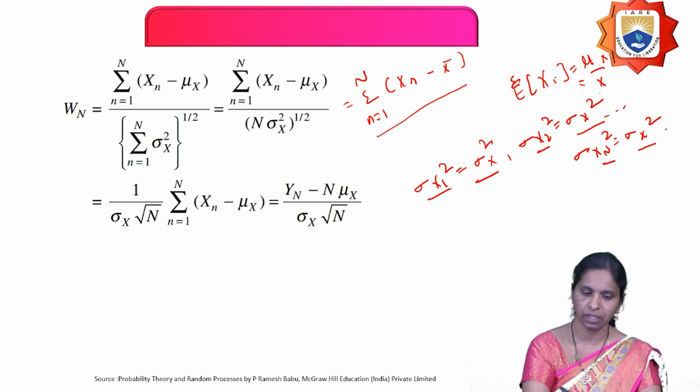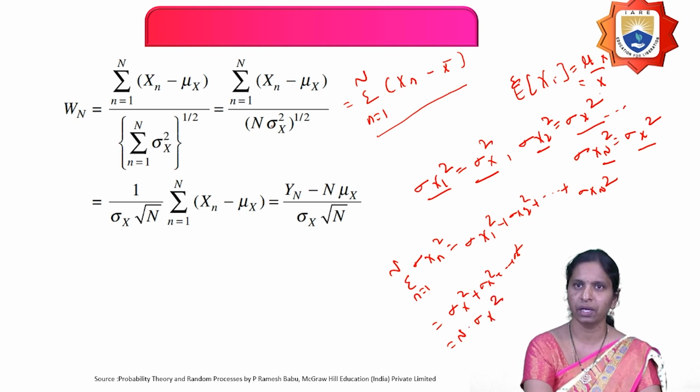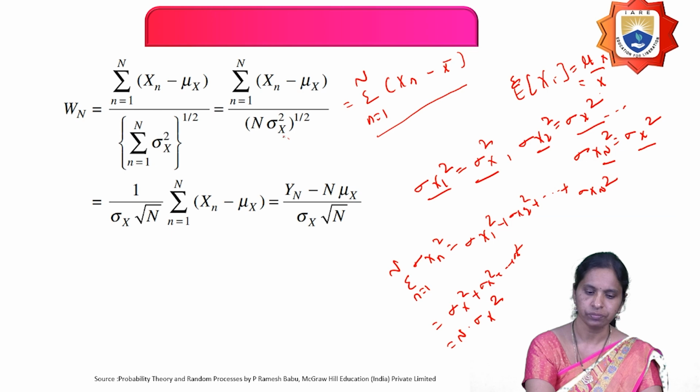Therefore, you substitute here. How many times do you have to add this? N number of times. The sum from n equals 1 to N of sigma_Xn squared is sigma_X1 squared plus sigma_X2 squared and so on up to sigma_Xn squared. That equals sigma_x squared plus sigma_x squared and so on, N number of times. Therefore, that equals N into sigma_x squared. And the whole power 1 by 2 gives 1 by square root of N into sigma_x, in the denominator with